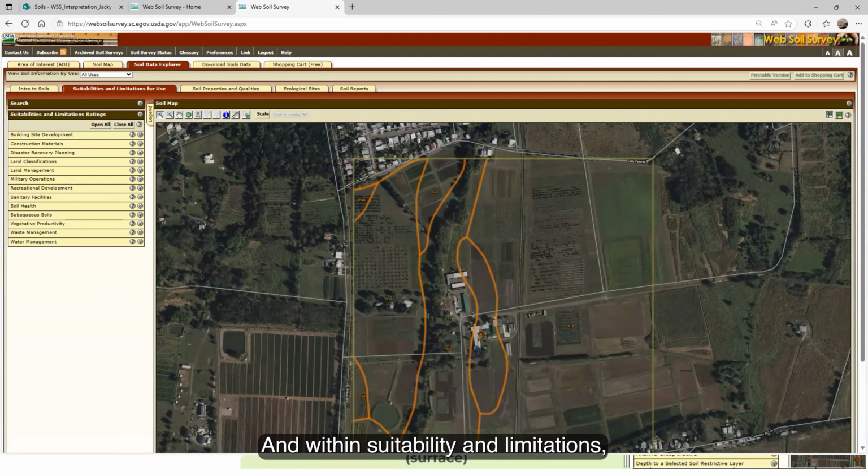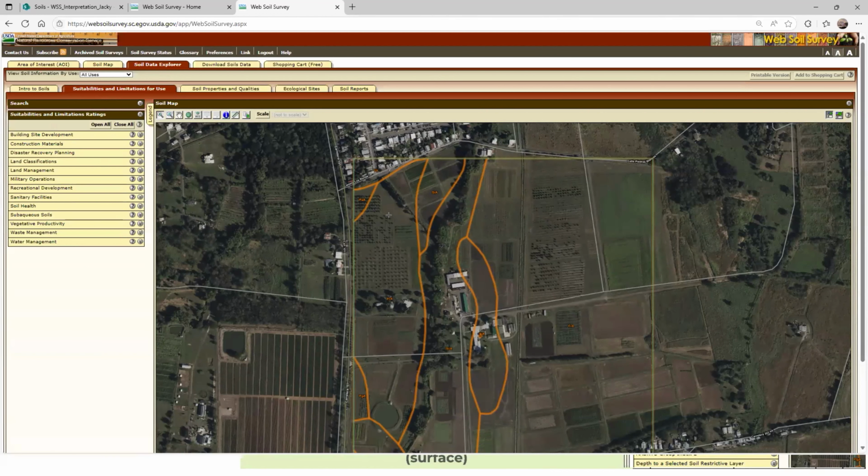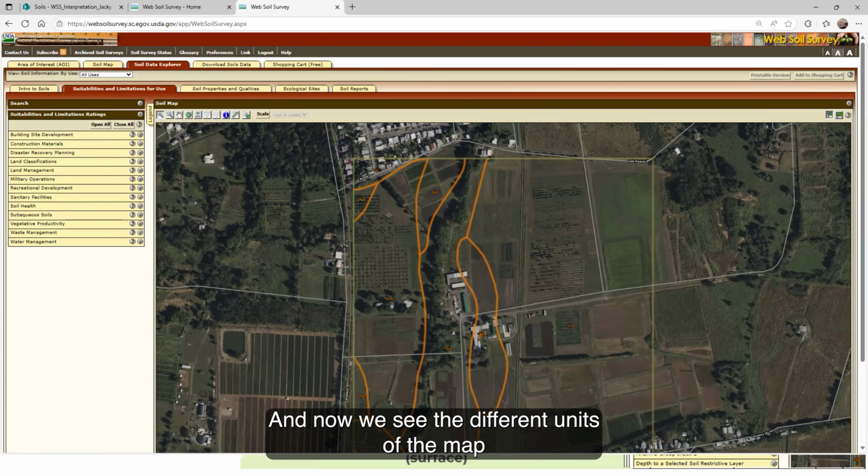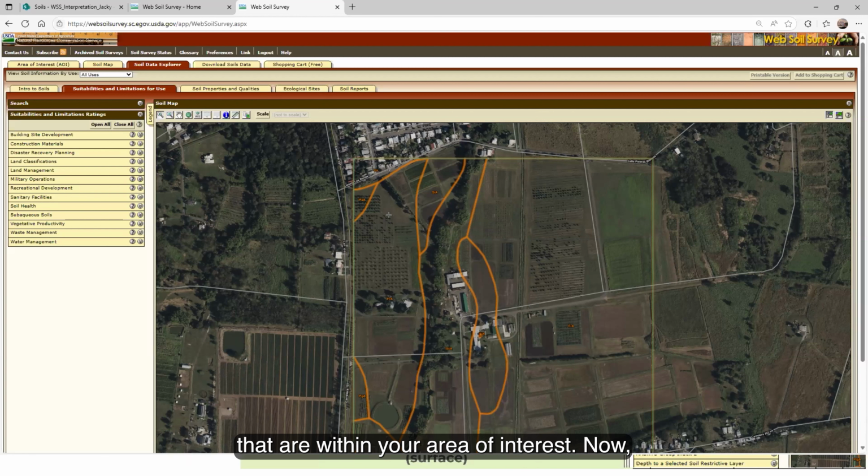And within suitability and limitations, we're going to notice that there are 13 subcategories. But before that, I forgot to mention, you can see that the interest area changed from diagonal blue lines, and now we see the different units of the map that are within your area of interest.